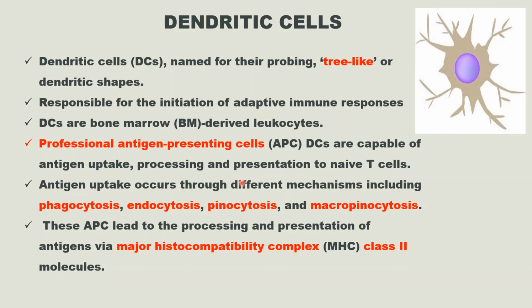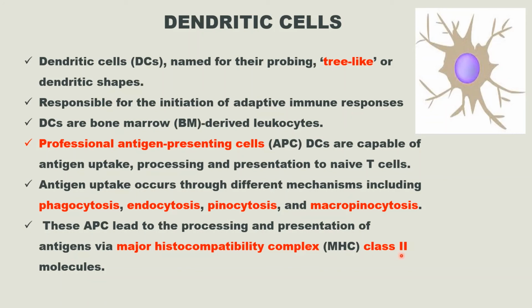Antigen uptake occurs through different mechanisms including phagocytosis, endocytosis, pinocytosis and macropinocytosis. These antigen presenting cells lead to the processing and presentation of antigen via major histocompatibility complex MHC class 2